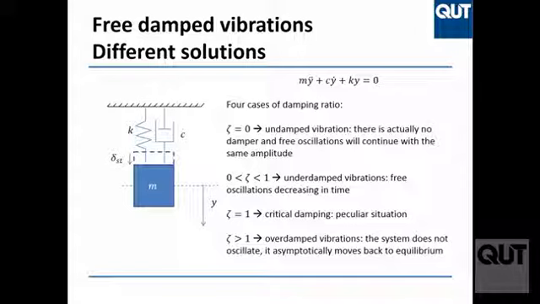In this case, we have oscillations, but decreasing in time. It's the typical case. If I hit this bar, I have oscillation. This bar vibrates, but less and less in time. Its amplitude goes down in time. If I have zeta, and I'm going to chuck together these two cases, equal to 1 or greater than 1, I have no oscillation. My system doesn't even oscillate.